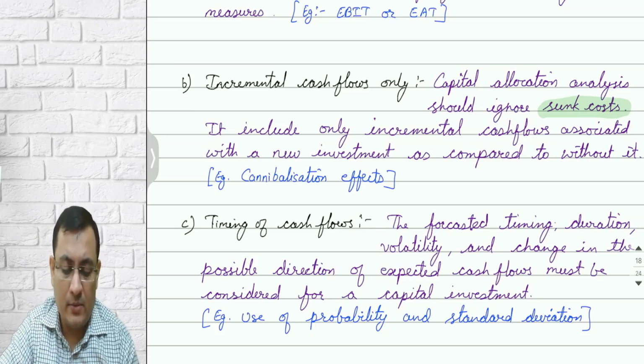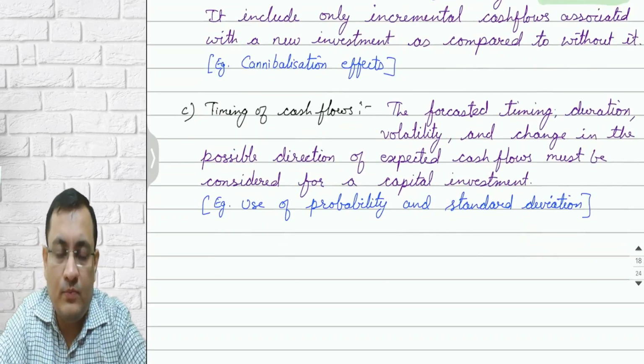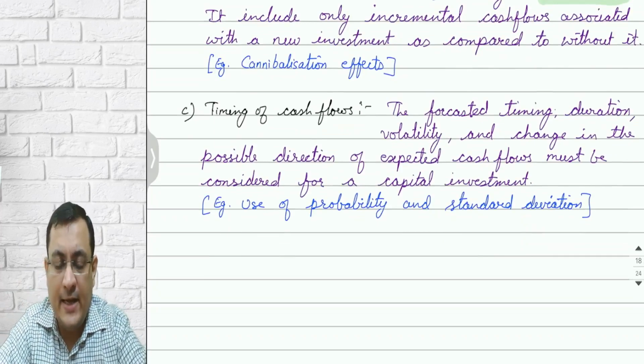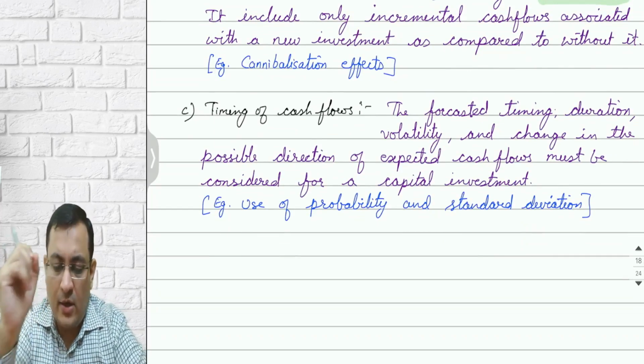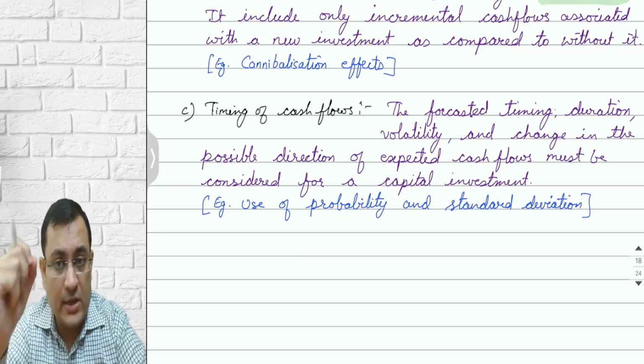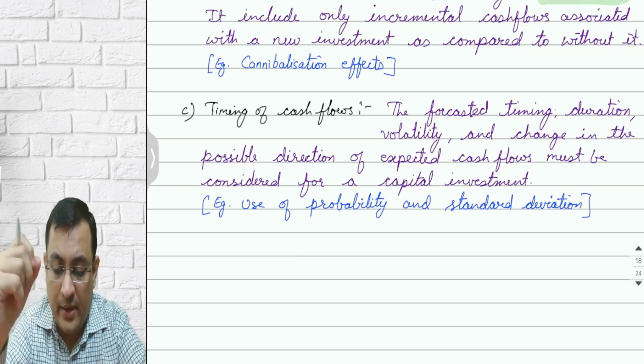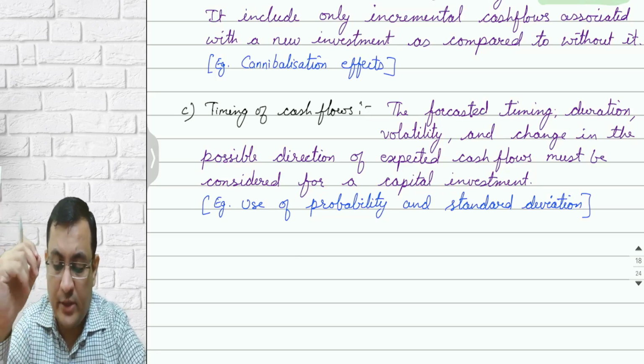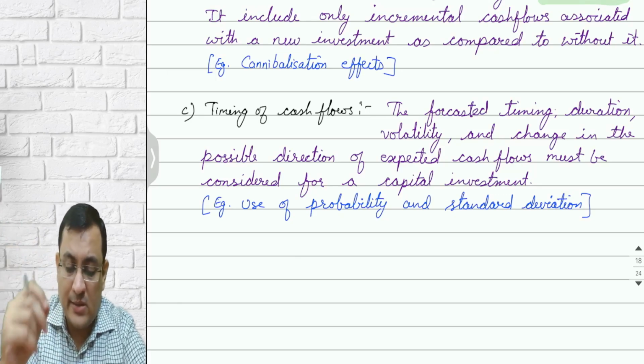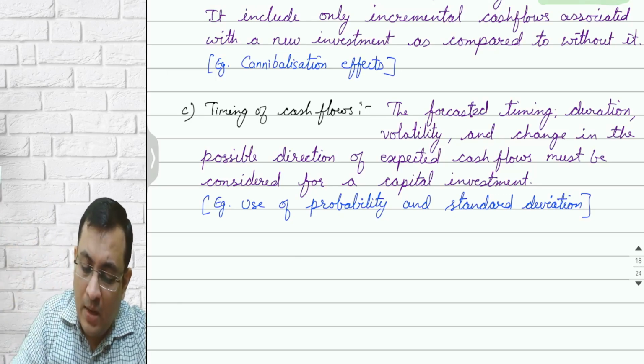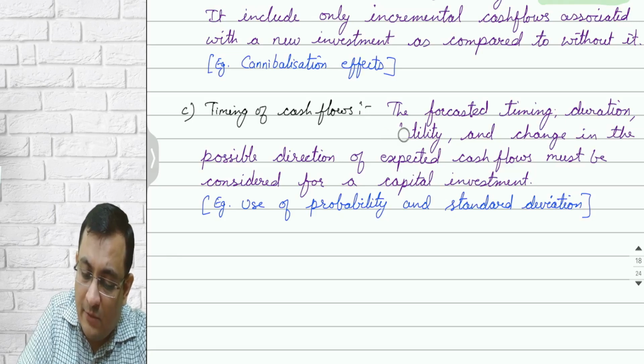Next, last part, timing of cash flows. The third principle says that the forecasted timing, duration, volatility, and changes in the possible direction of expected cash flow must be considered for a capital investment. When they say volatility,